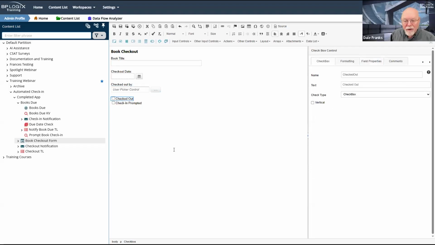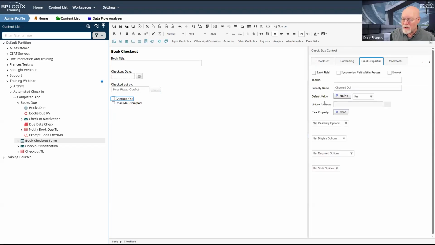For the checked out field, on the other hand, you probably do want to set a default value in that field so that when the form is first opened, the checked out checkbox is checked. That's going to be super useful because it's going to make life easier for your librarian.